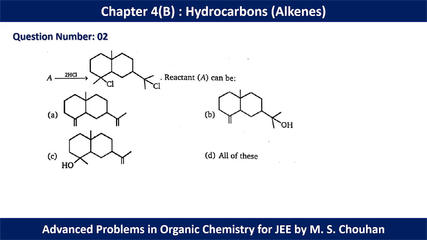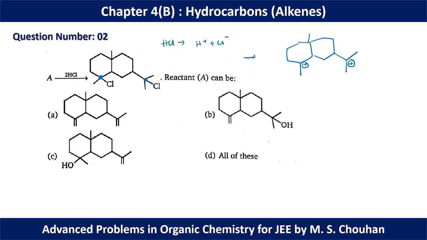In question number 2, with A we have added 2 HCl and we have insertion of 2 Cl atoms here like this. So now we have to predict the initial reagent. Product is given in this case. As we know, Cl is basically Cl minus, because HCl can be dissociated as H plus and Cl minus. So in these two positions we must have two positive charges. We can draw the intermediate like this. We should have a positive charge over here, and in the adjacent ring we don't have any charge, but in this position we have another positive charge.